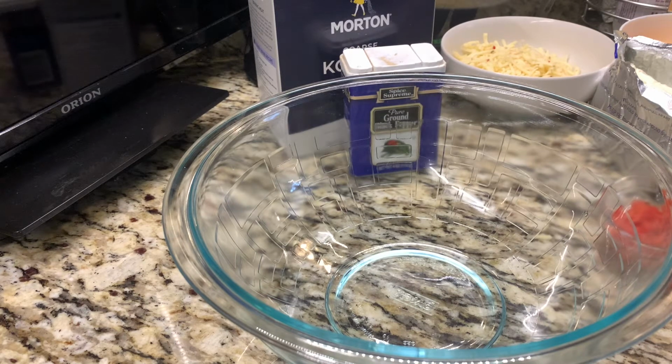This will be a good snack with some crackers, or you can make a sandwich, and it's really easy and simple to make. This is homemade pimento cheese, and what you will need is